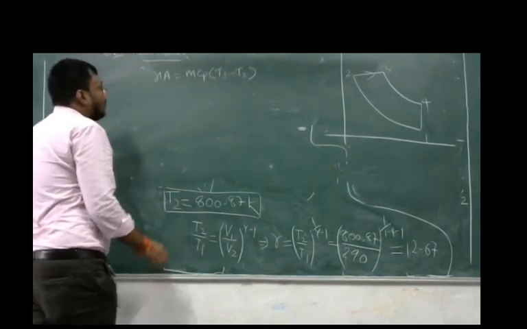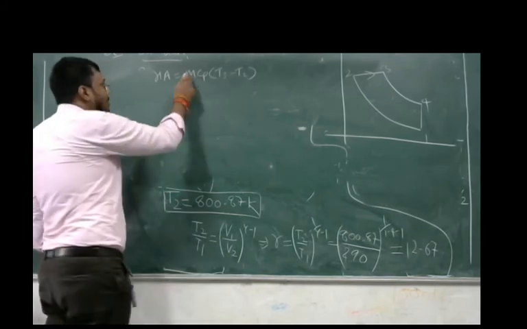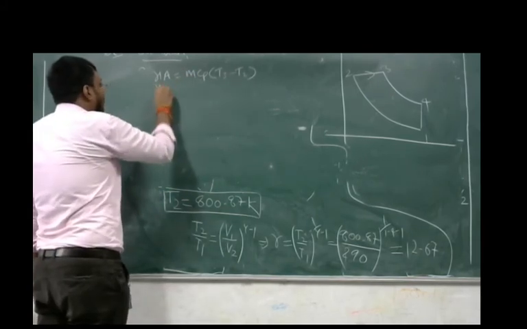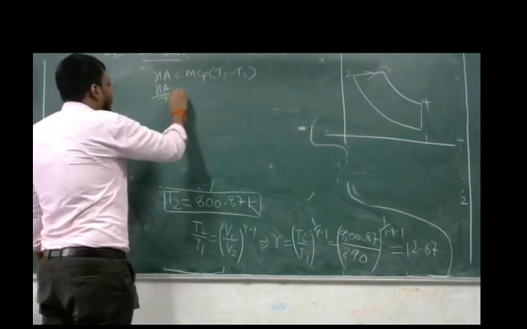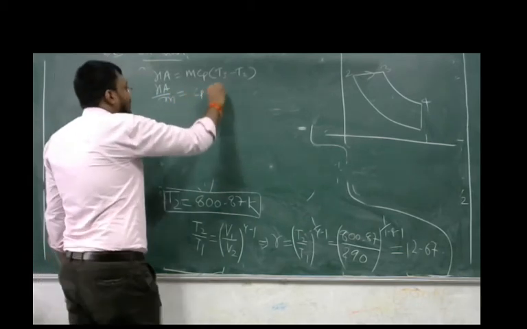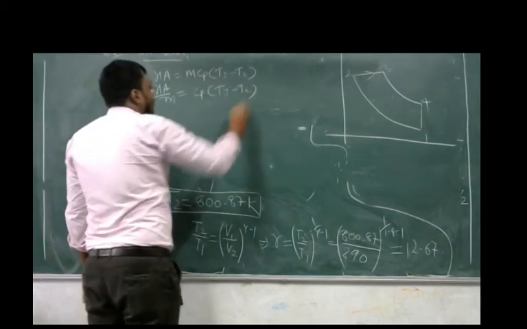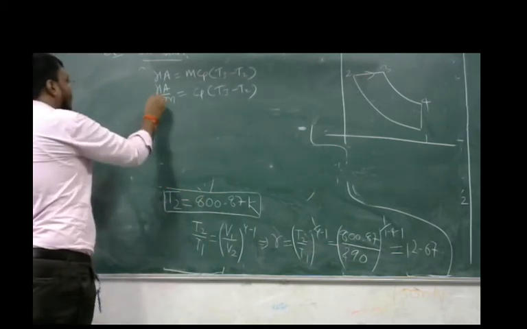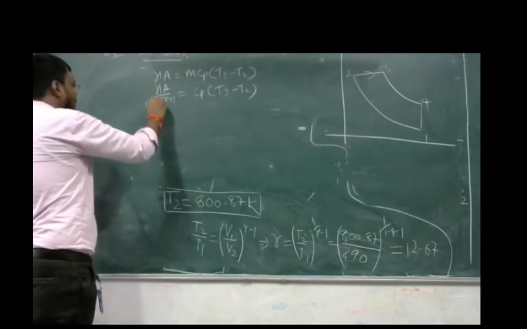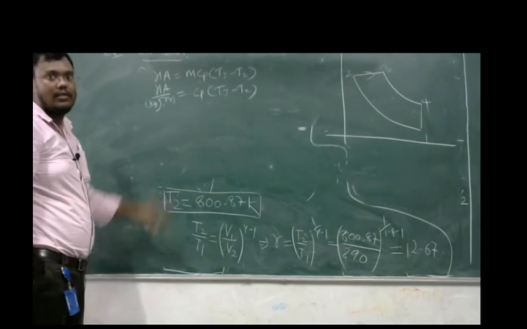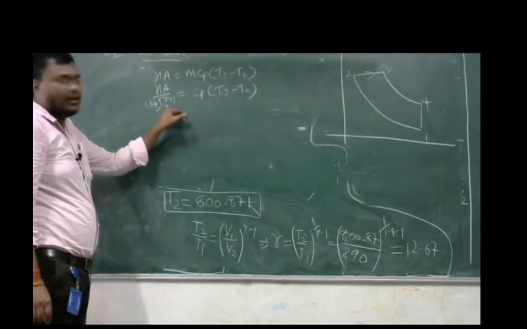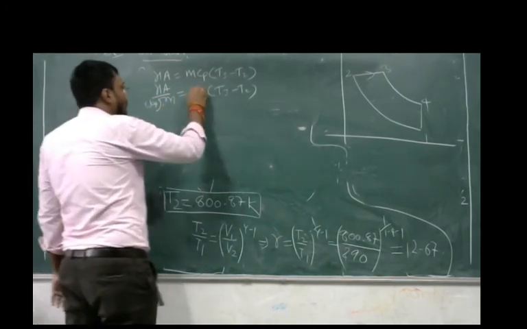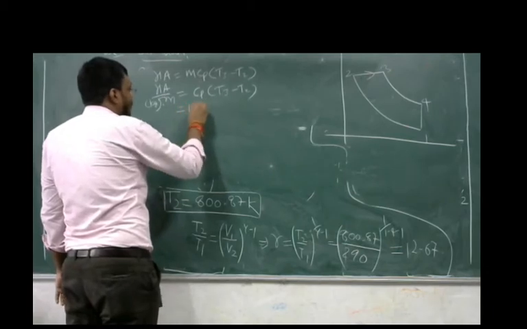But we have to calculate the value of heat addition per kg, means we have to calculate heat addition divided by m, which should be equal to Cp(T3 minus T2). This will be heat addition per kg. m should be in kg. We have to calculate the value of heat addition per unit mass. So we know the value of Cp. Cp is equal to 1.004,